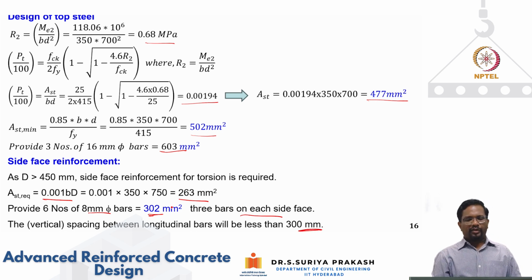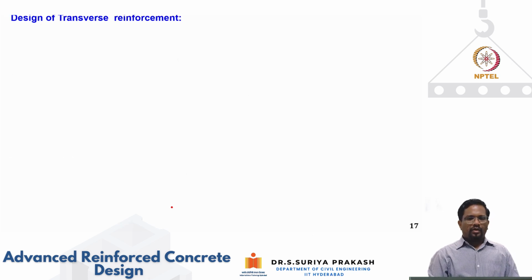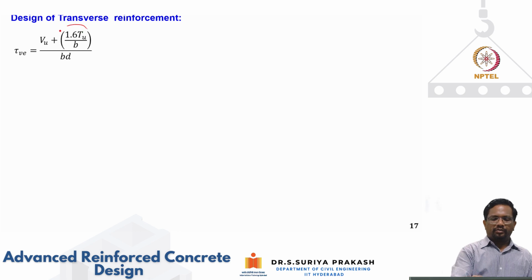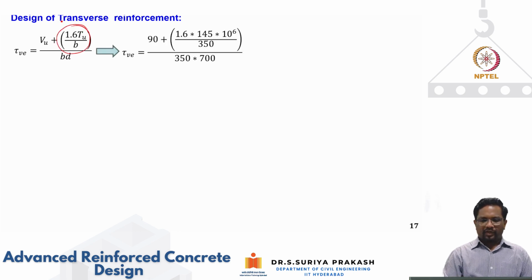Anyway, because you're putting 3 bars, it will work out to be okay. So now we have done the longitudinal reinforcement. Now let's see how to design the transverse reinforcement. So again, we convert the torsion into an equivalent shear by 1.6 TU by B, and we calculate your equivalent